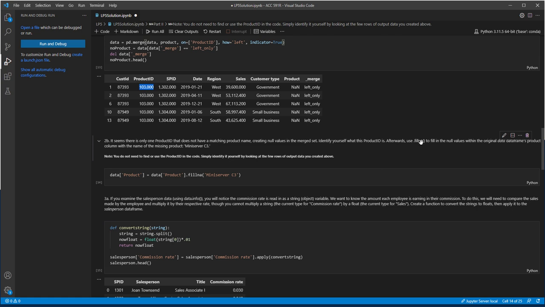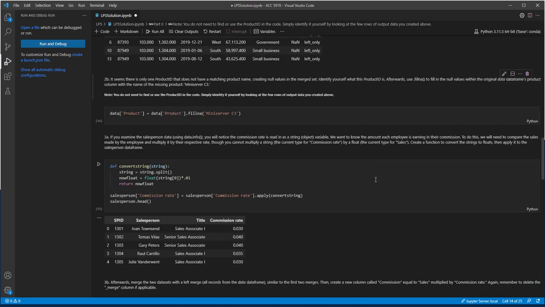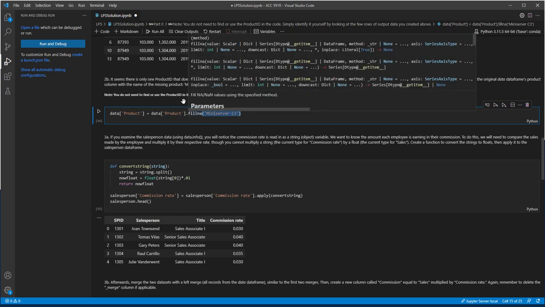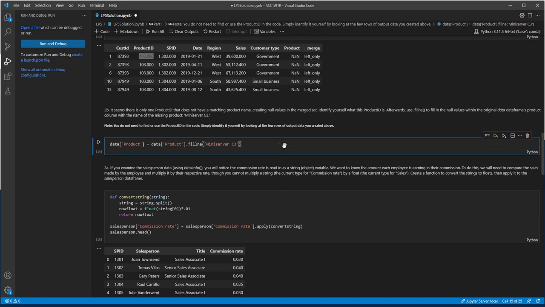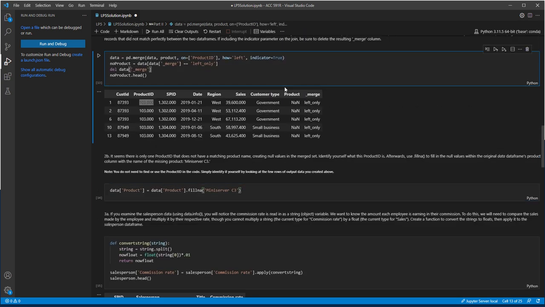And then we can use the .fillna method to fill in the null values within the original data frame's product column. And so we can say data product now equals data, that same column, we're updating, product dot fillna with the name of the product that is missing, which is given here, mini server C3. So if we were to run this again, then, and just said